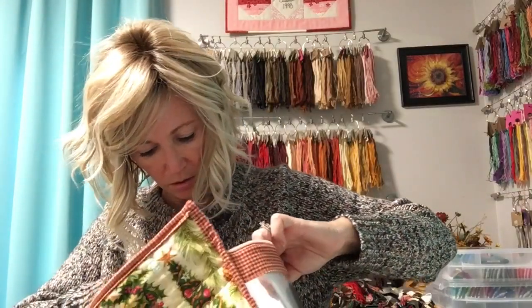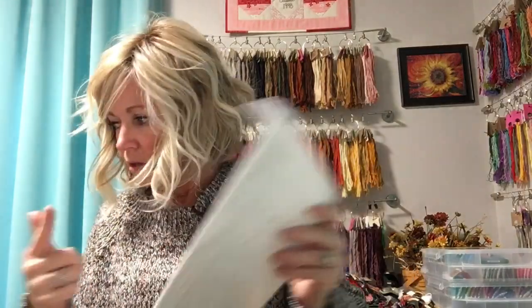Let's see, when did I start this? I don't see my project card. I have an index card that I have all my information on of what I'm stitching. I know it's 36 count fog. Well, heck, it was last year. No, it was probably 2019, because that's one of my older ones. Anyway, I'm stitching it on